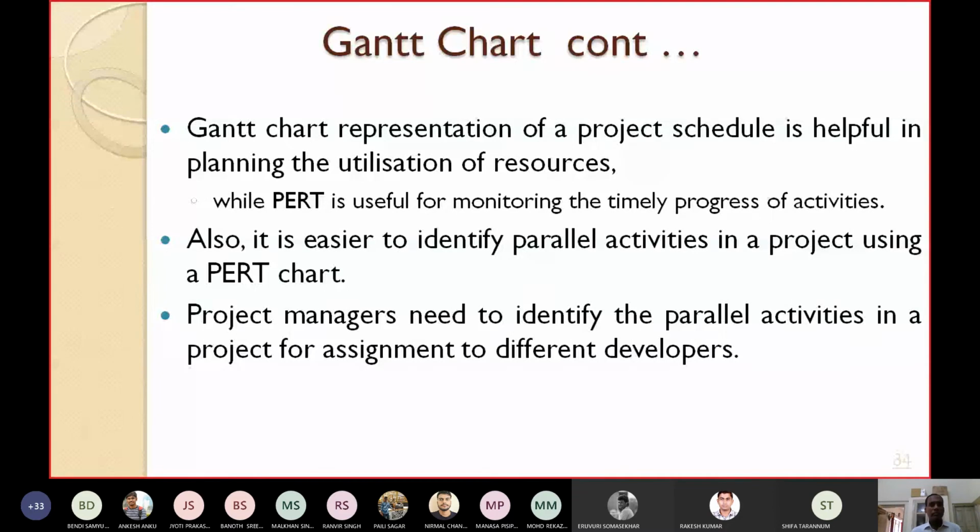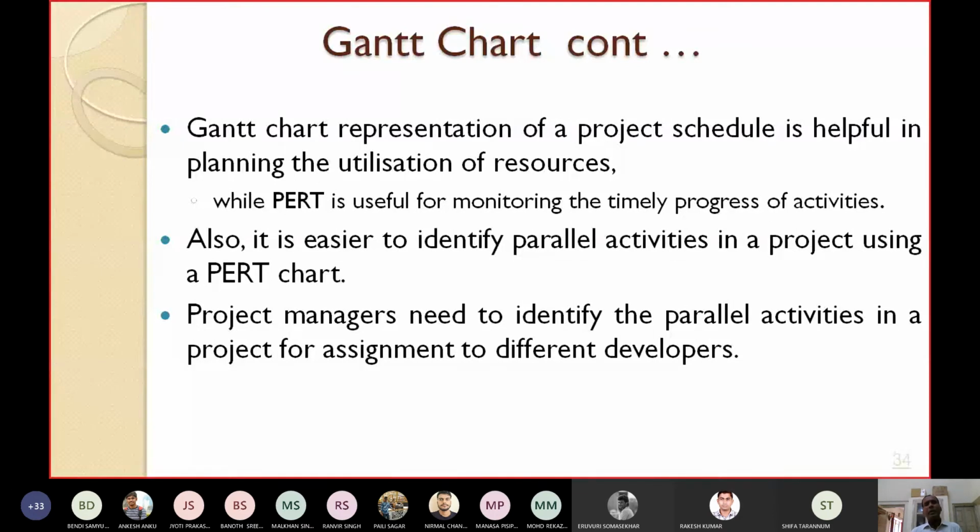The Gantt chart is useful for better planning of the utilization of the resources, whereas the PERT chart is useful for monitoring the timely progress of activities.